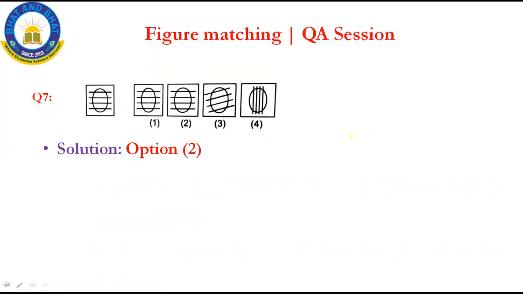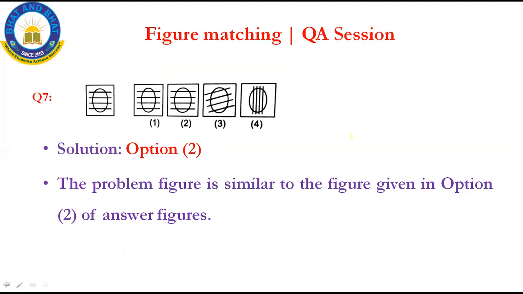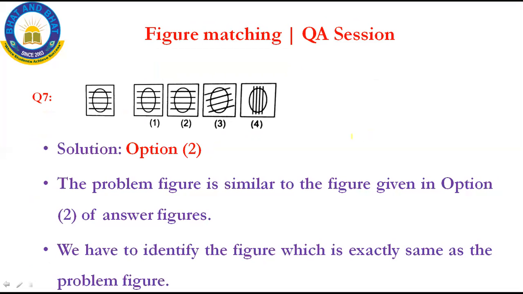Next, we'll move on to the 7th one. Yes, the 7th one is difficult and it is looking very beautiful, isn't it? Like a circle and then lines. Okay, look at the figure carefully. Now, see the first figure, 1, 2, 3, 4. It consists of 4 lines, and the first line is like a zigzag, isn't it? Okay, the first line is like a zigzag, and then a straight line, again straight.